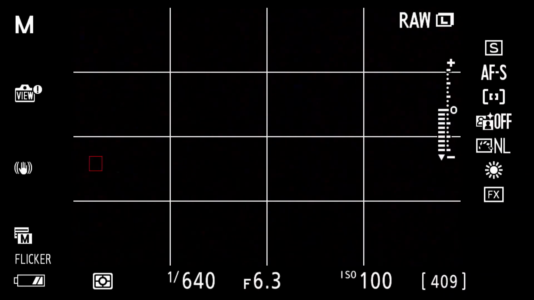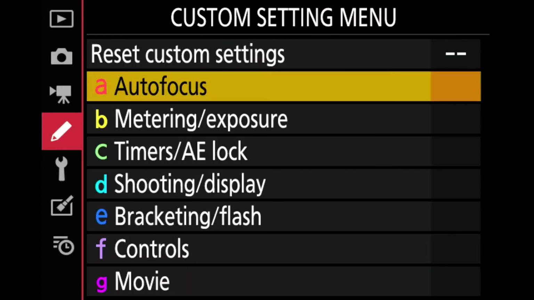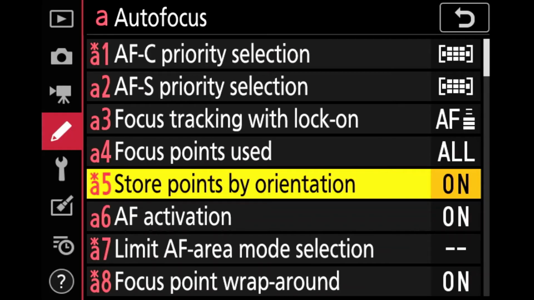In the video, you will see how the focus point is changing based on my orientation of the camera. So you can keep it on if you want. I normally prefer that when I'm changing my frame from horizontal to vertical or vertical to horizontal, the focus point should change the location.